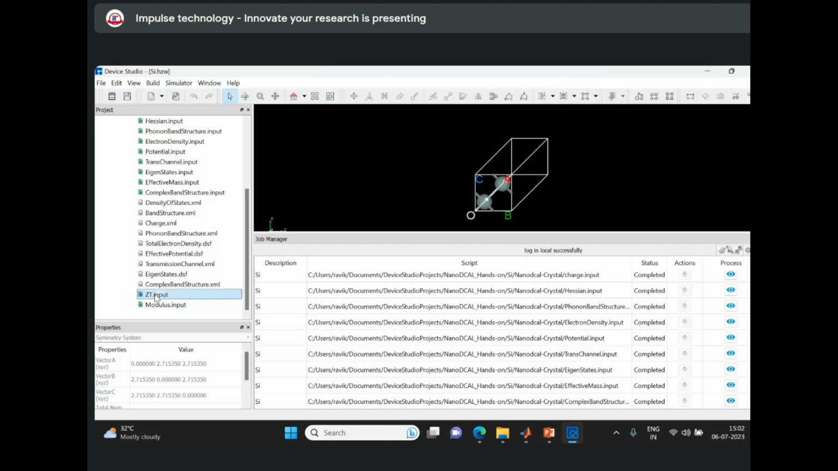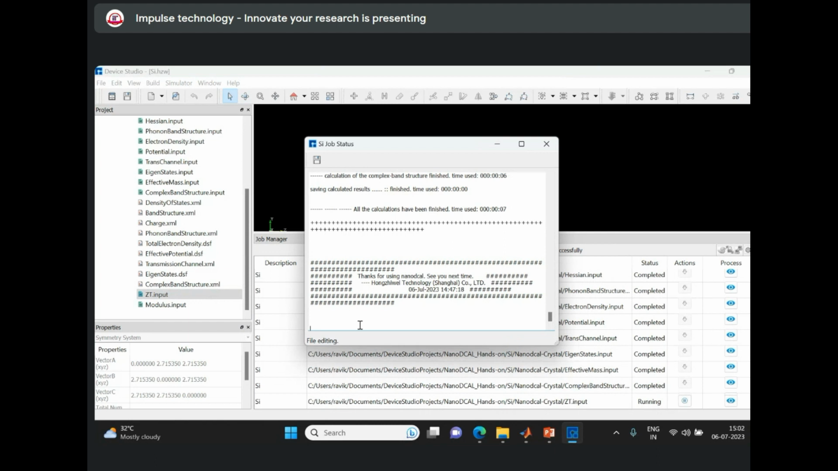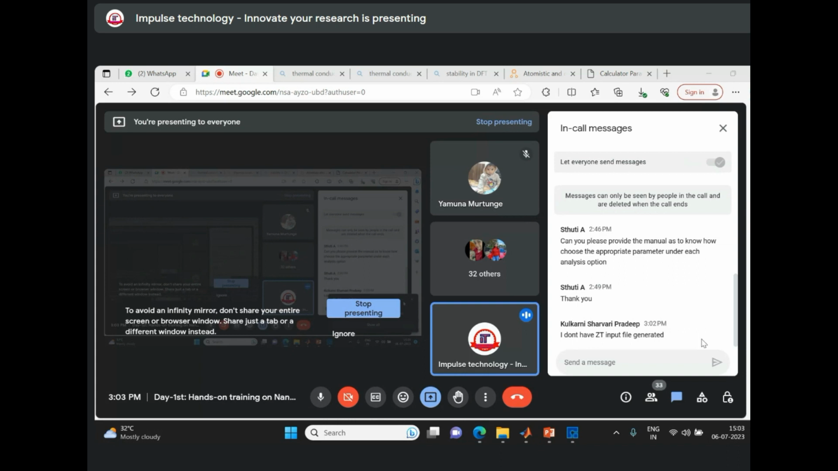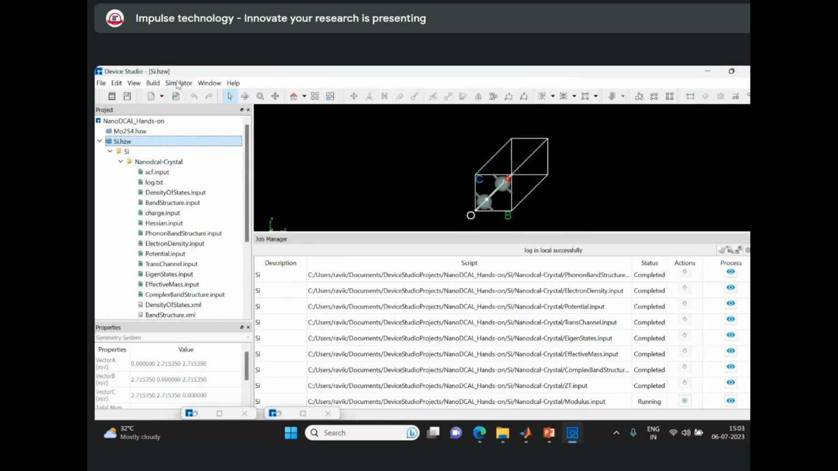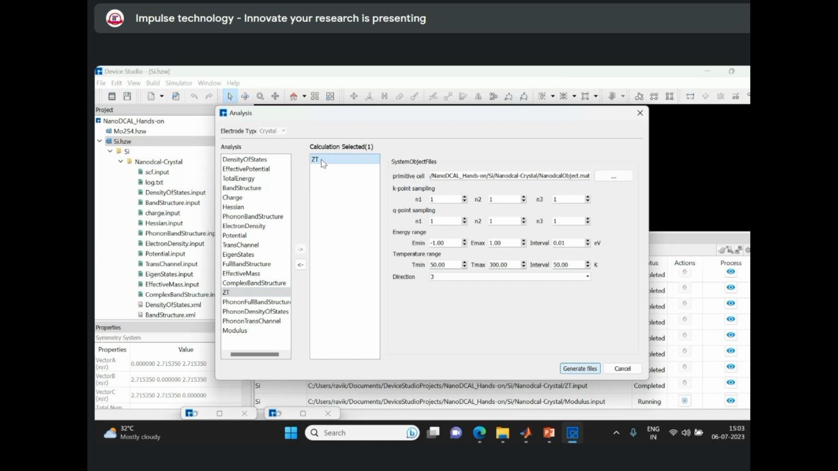Similarly, you can run this ZT input file. Again, this is the modulus input file. So for generating the ZT input file, you can go to the simulator, select NanoDCAL, select this analysis, and here you can see this is the ZT. So you can double click, then it will be selected. In the primitive cells, you need to import this NanoDCAL object.mat file. So here, you can click here,